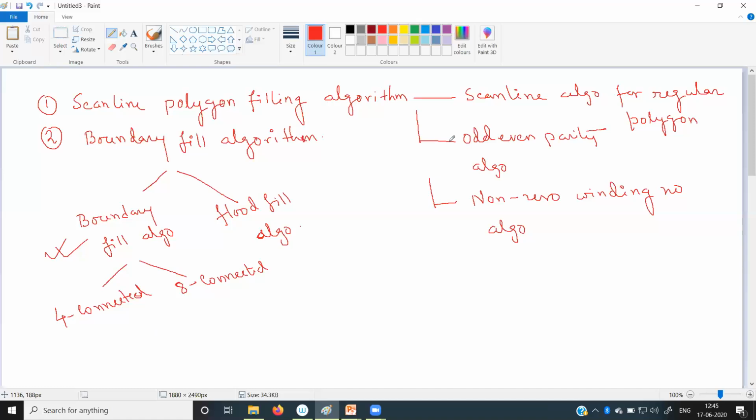There is no curvature. But curvature means the polygon is like a circle, or something like that.